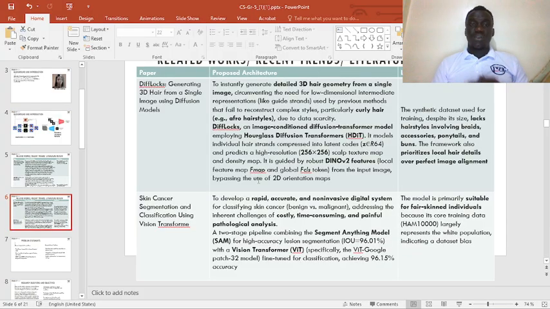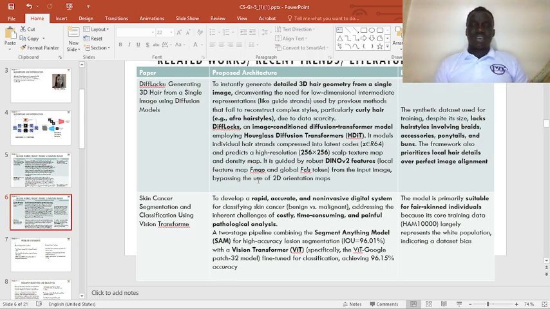And the problem was to instantly generate the detailed 3D hair geometry from a single image, circumventing the need for low dimensional intermediate representation, like let us say guide strands used by previous methods that fail to reconstruct complex styles. Like for example, curly hair,